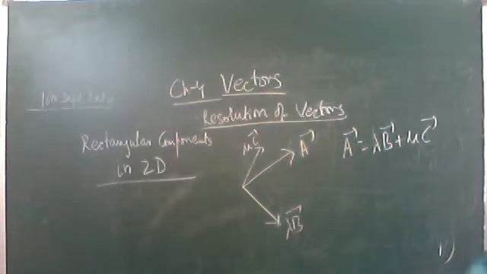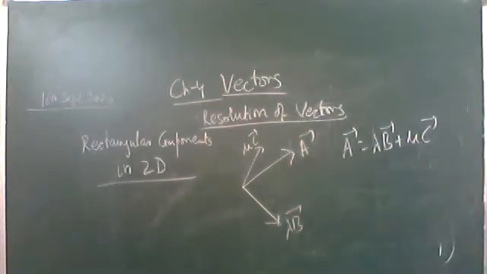So the vector has to be split in two components in such a way that these two components are perpendicular to each other. Then these components are called the rectangular components. Here we have split in two dimensions, that is in two components, so it will be the rectangular components in two dimensions. If we split up in three mutually perpendicular directions, one along x-axis, the other along y-axis, and the third one along z-axis, then it will be called the rectangular components in 3D. First write down rectangular components in 2D.